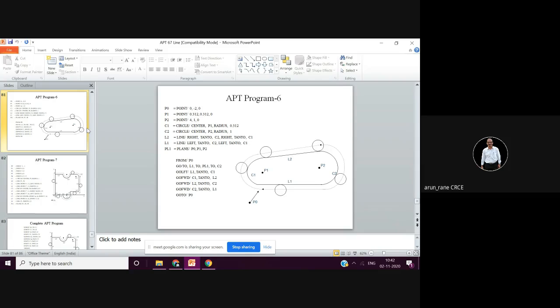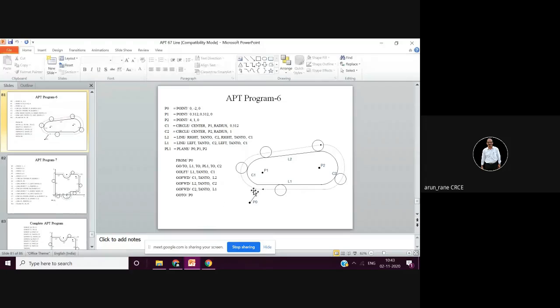So here you have point 0, that is this. So your x0, y0, z0 is somewhere else. With respect to that x0, y0, z0, you are selecting P0. Okay, you can have this P0 as x0, y0, z0 also. That is nothing but your origin of the coordinate system. P1 is nothing but the center of this arc. P2 is the center of this arc C2.